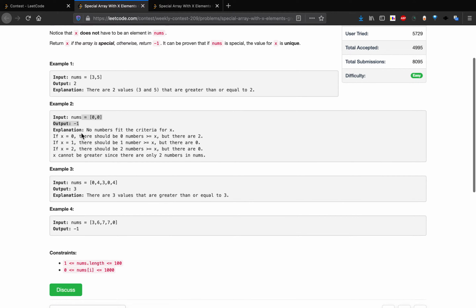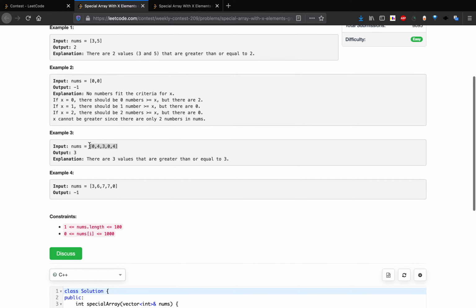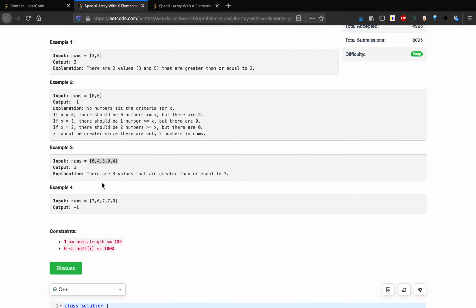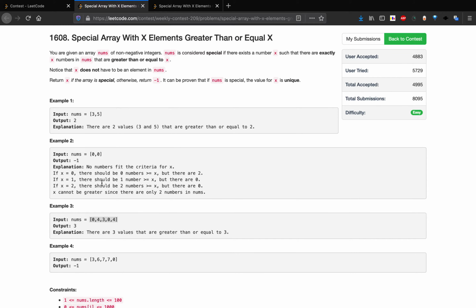Okay, now let's say we have this. The domain of our answer can be from 1 to the size of the array, because we need to output some x such that it is equal to the number of elements in the array. So the number of elements in the array can be from 1 to the total size of the array. So our answer lies between 1 and the size of the array.